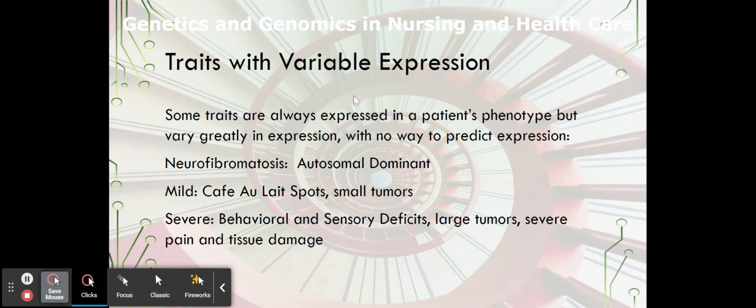On the severe end, we have a child who has behavioral and sensory deficits. They could be blind. Deafness, I think, in one of the types of neurofibromatosis, with auditory nerve damage, learning disabilities, intellectual disabilities. You can have large tumors that grow in all kinds of tissue. And when they press on other structures, they can cause pain and tissue damage. There's one version of it that causes extreme pain. No parent wants to see a child suffer. So I did take care of a couple once in labor and delivery that had pre-implantation diagnosis because they got genetic counseling that basically,